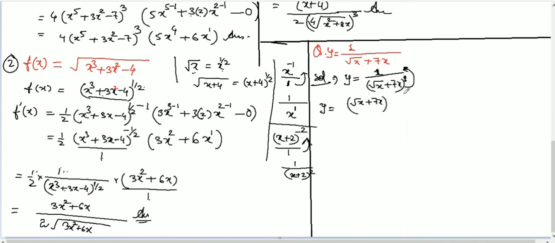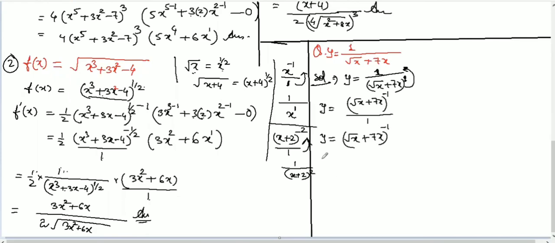Now here it is positive power. When you are changing the place and making numerator to denominator, the sign of the power will always change, either plus or minus. So here plus sign in the denominator, but we are making this the numerator, so power will be minus 1 and over 1. Here is 1, so 1 will come in the denominator and this whole will go to the numerator. No need to write over 1, but I just explain you. So here our question is root x plus 7x to the power minus 1.